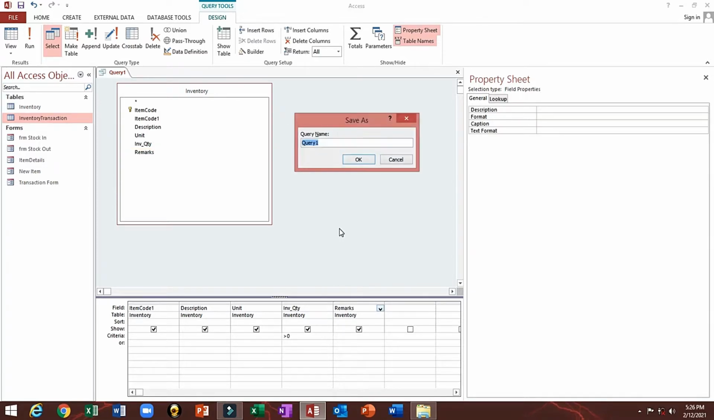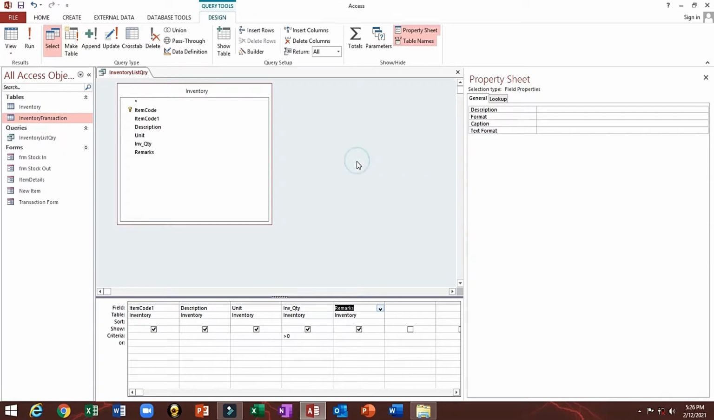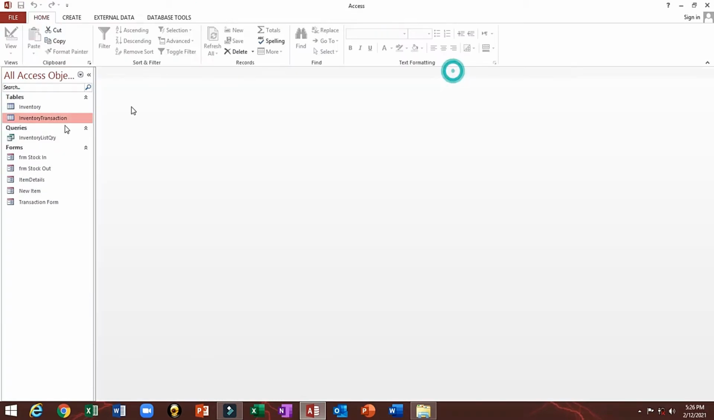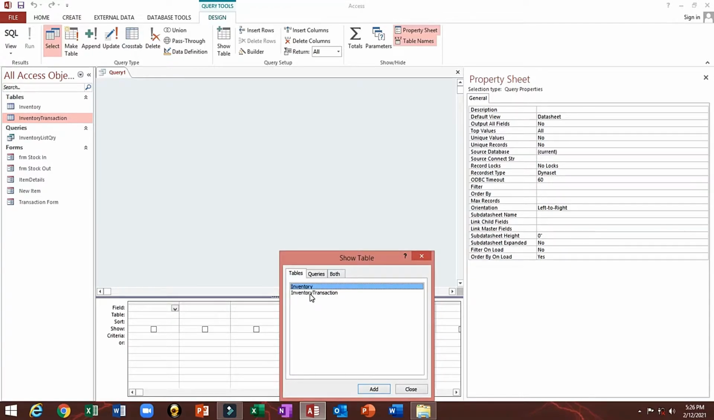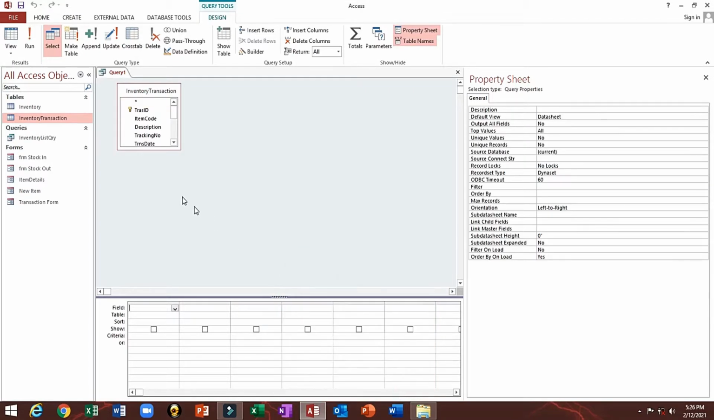Now we will save inventory list QRY. Okay, then we will add another query also for our inventory transaction. So create, query design, we'll double click this one, then